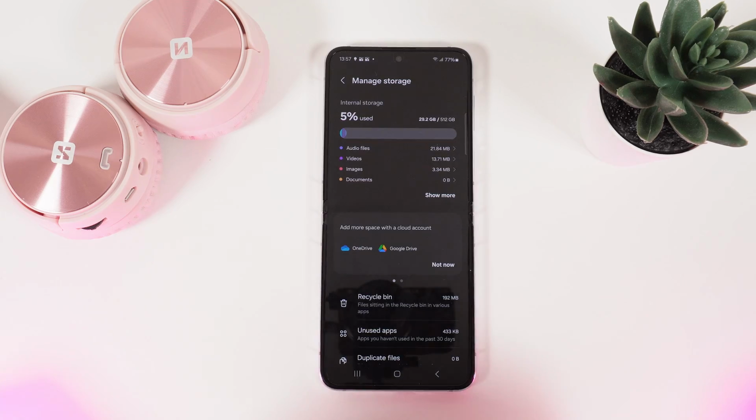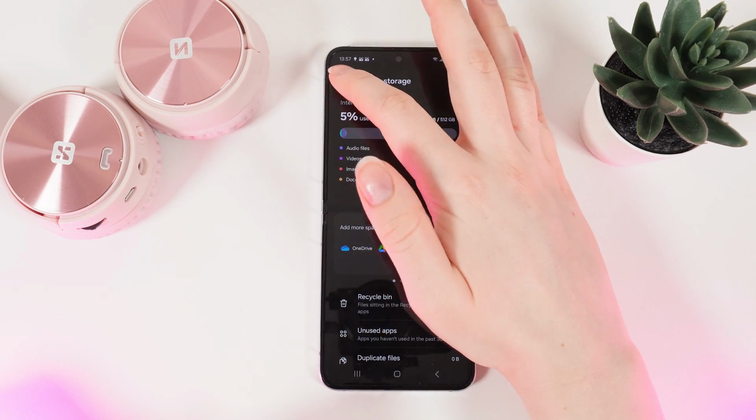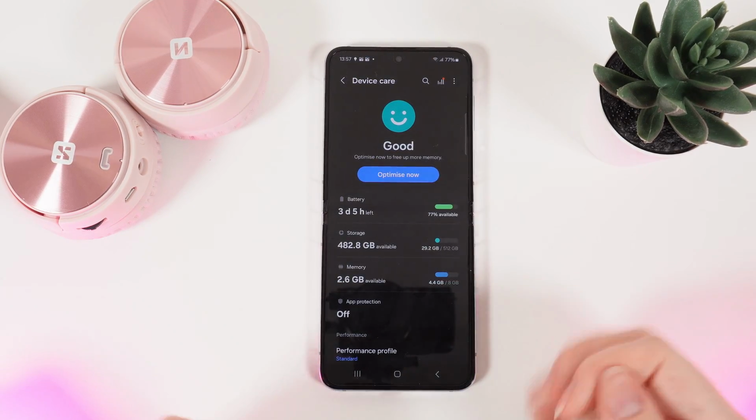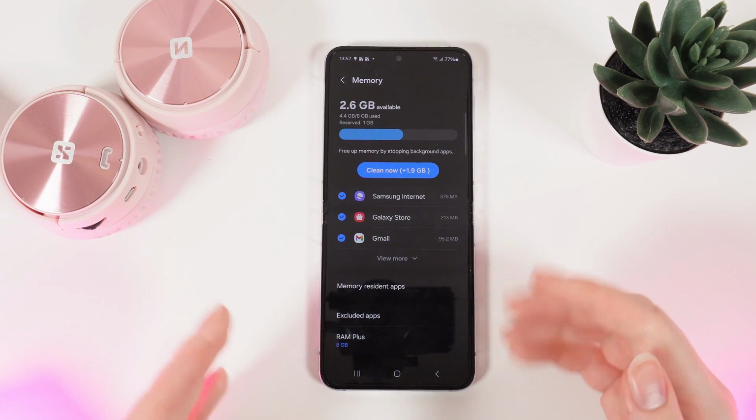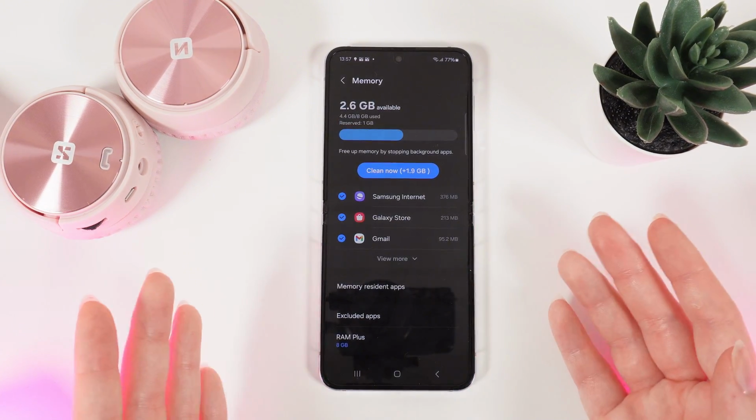Now let's move to the RAM. For that, we will need to go back to the Device Care tab, and here you can see this tab named Memory. Also click on it, and right here you'll be able to see all of the info about RAM